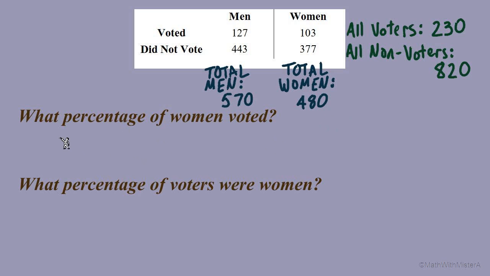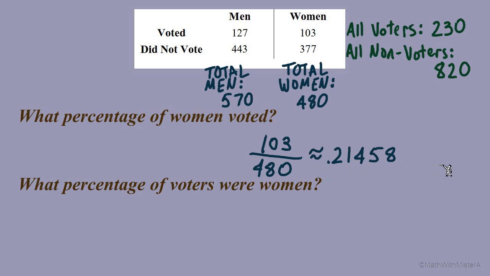To answer the first question, what percentage of women voted, we're taking the total number of women as our reference value in the denominator. Now we're asking what percentage of those women actually voted. In the table we can see 103 women voted. Here's our ratio that represents the number of women that voted out of the total number of women. We can divide numerator divided by denominator to turn this fraction into a decimal and then convert it into a percent. As a decimal,